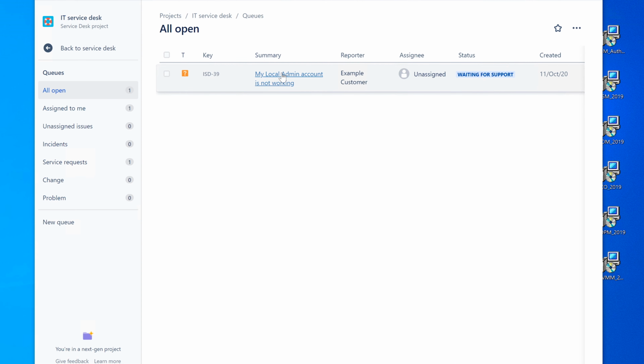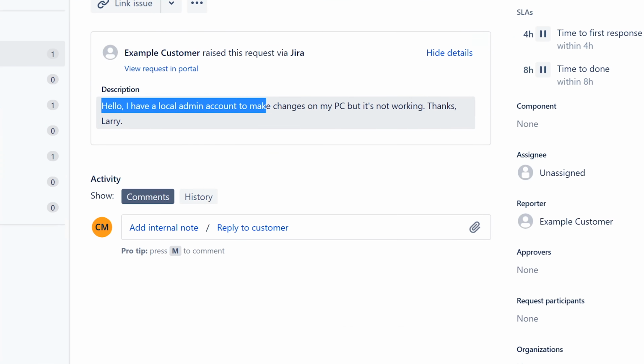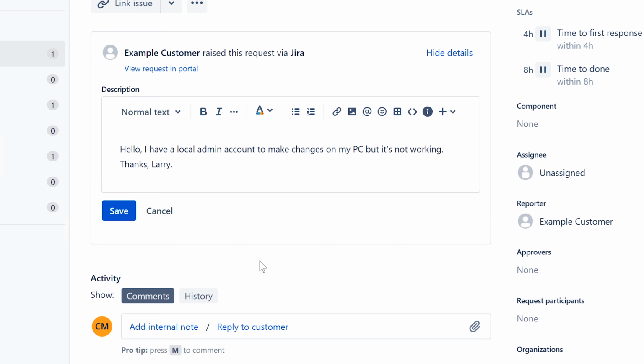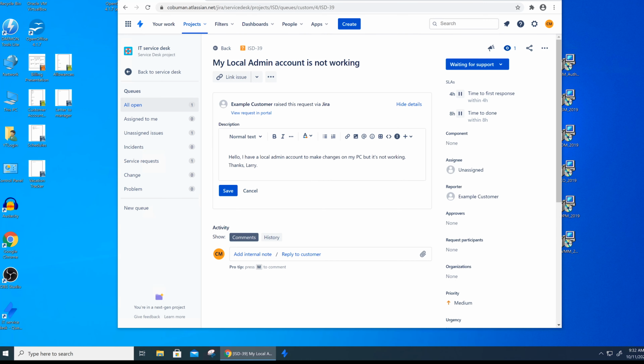All right, so let's look at this other ticket. It says my local admin account is not working, and it specifically says here, hello, I have a local admin account to make changes on my PC, but it's not working. Thanks, Larry. So this guy was given specific local admin account to use for some reason, and of course, if you have the ability, don't ever give somebody a local admin account password because of the security reasons. We have to double and triple check to make sure that this person is actually allowed. So we're going to go with that